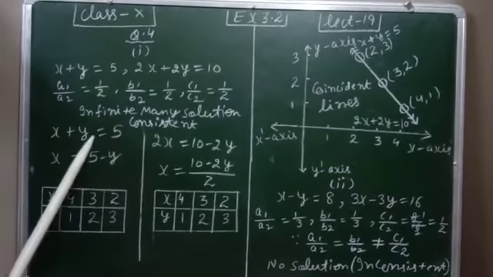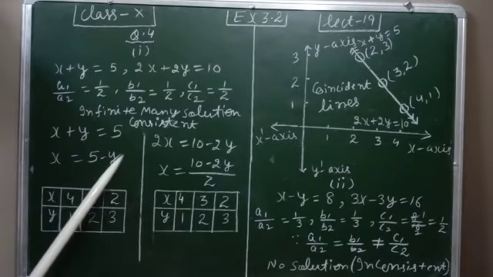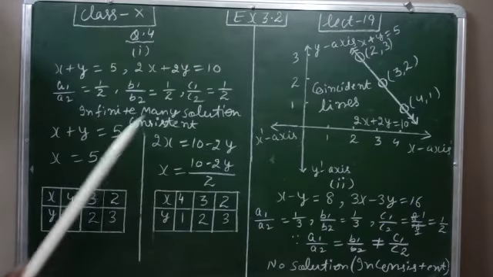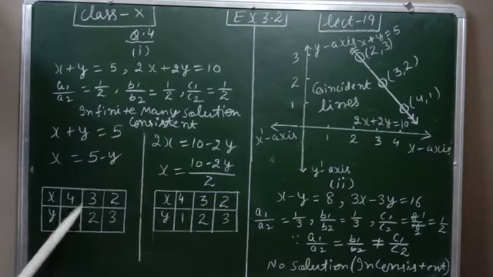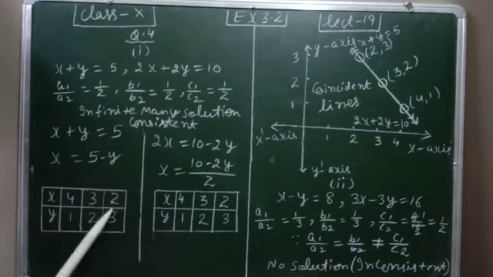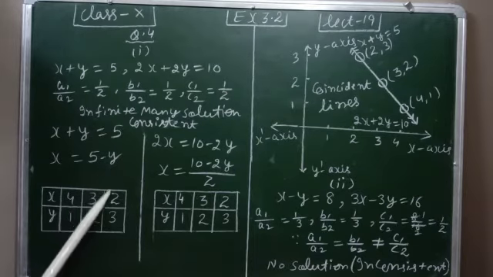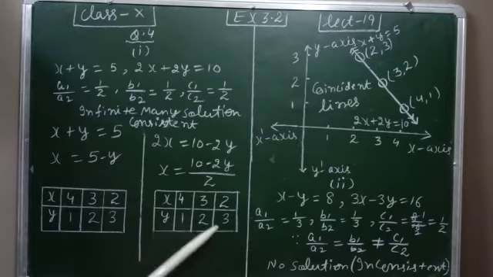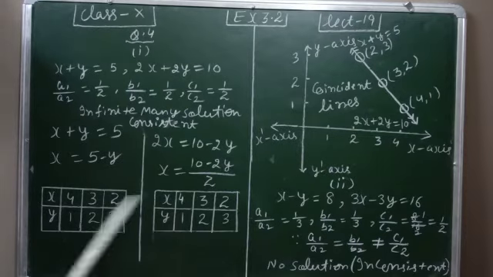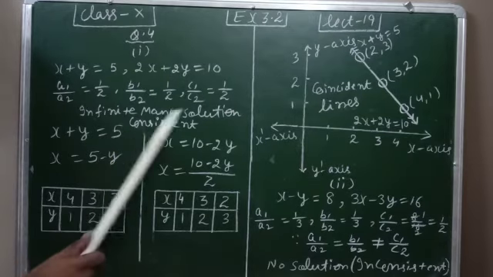So again I am writing the first equation, second equation. Let us put x on the left hand side and shift y to the right hand side. In the same way we will do the process here. Generally when there are infinitely many solutions, all values inside this table will be the same. Let us put the value of y as 1, 2, 3. When we put 1, x will be 4. When we put 2, x will be 3. When we put 3, x will be 2. In the same way, for the second equation, when we put 1, 2, 3, the values will again be 4, 3, 2. Means both tables have the same values whenever we have infinitely many solutions.